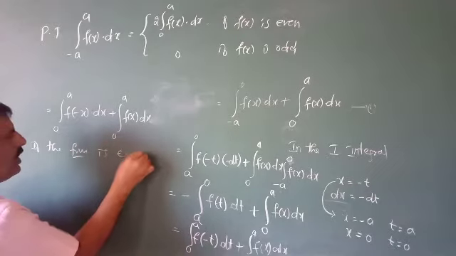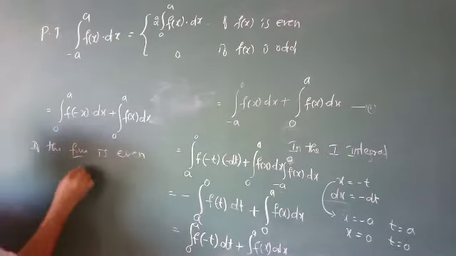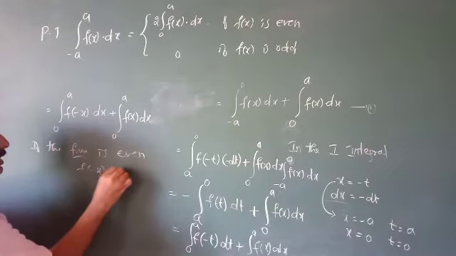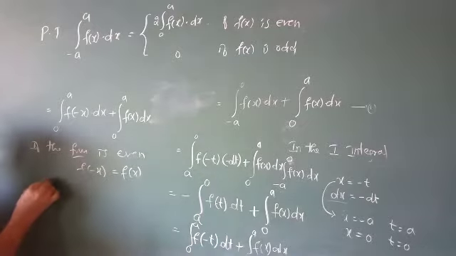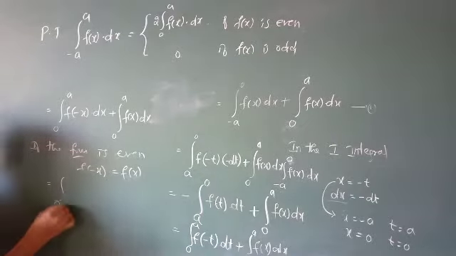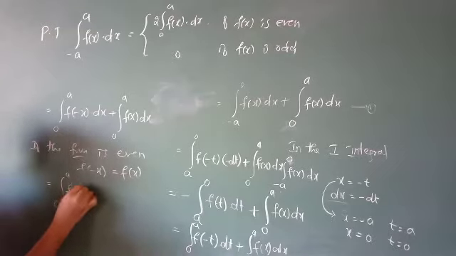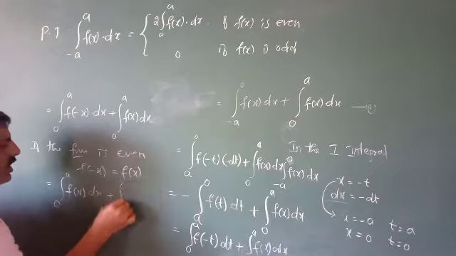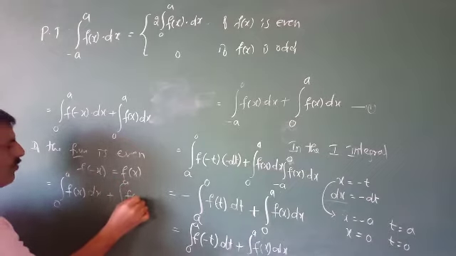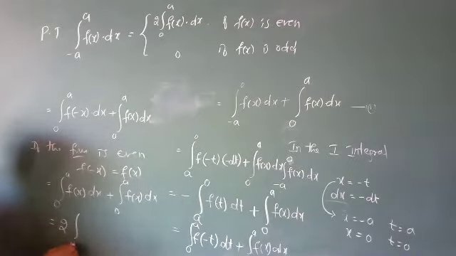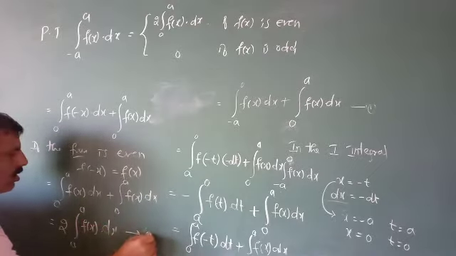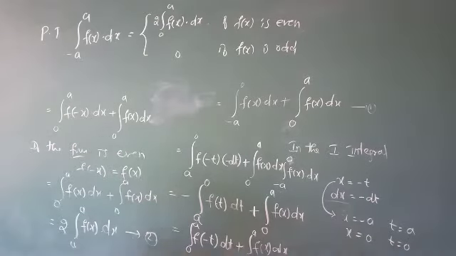If the function is even, then f of minus x is equal to f of x. So it equals the integral from 0 to a of f of x dx plus the integral from 0 to a of f of x dx, which is equal to 2 times the integral from 0 to a of f of x dx. That is the first case. Next one is